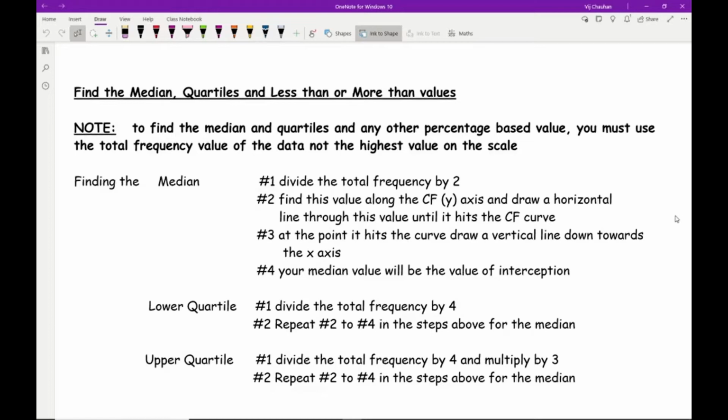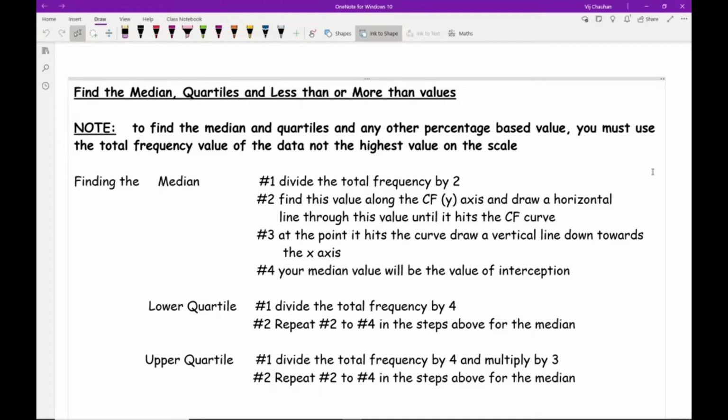Now I'm going to put these notes in as an attached document, or you can pause the video and make a note of these points, and I'll talk you through. If it doesn't make any sense, do not worry, because I'm going to go through an example question. To find the median, the quartiles, and less than or more than values, which are like the part C, part D parts of a question, it is important that first, to find the median and the quartiles and any other percentage based value, you must use the total frequency value,